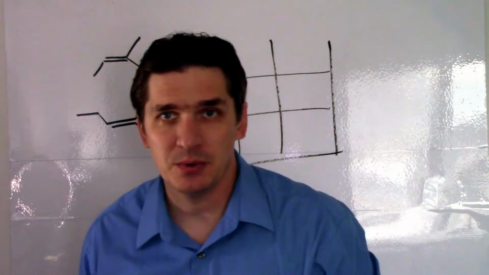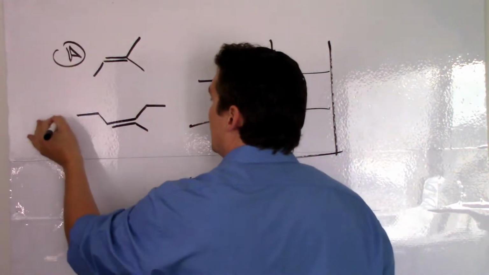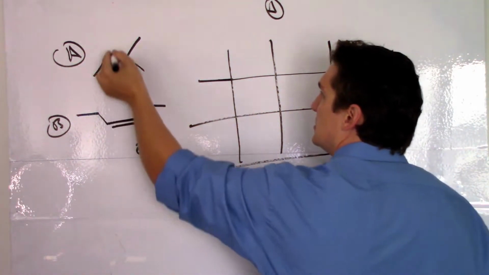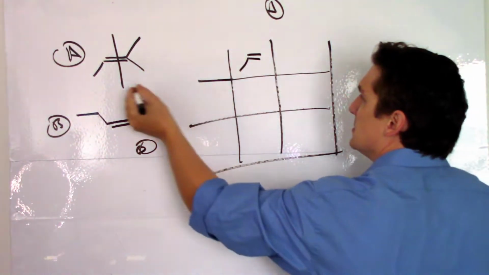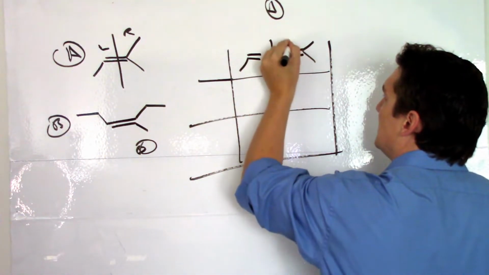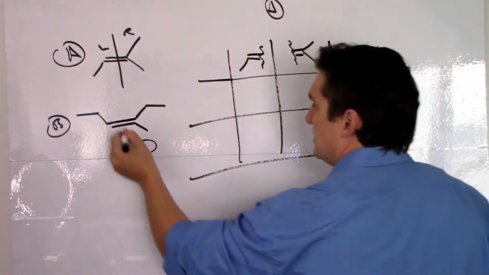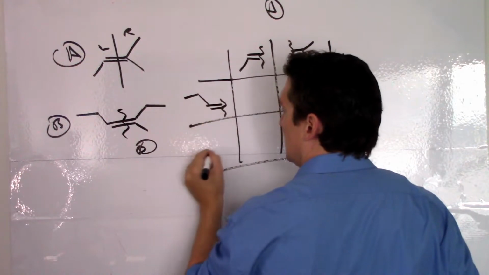Now, with the Punnett square, we're going to take our alkenes. So let's say this is alkene A, alkene B, and we're going to write the fragments of each. And the fragments come from cutting the molecule in half. So we've got the left fragment here, and the right fragment here, and I'm going to draw the squiggles here to indicate that we've cut the double bond. And for compound B, we've got the left and